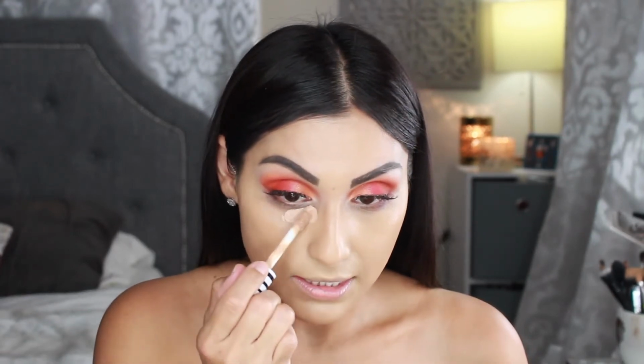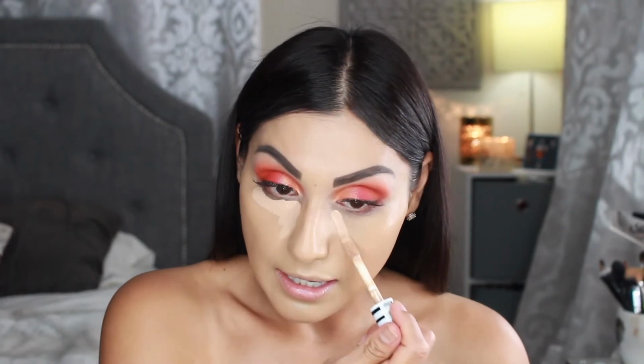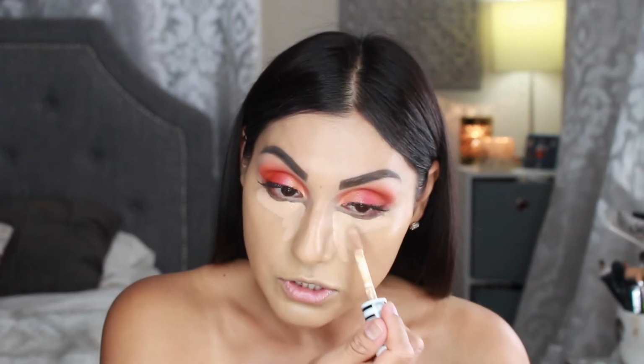Alright, so now I'm going to move on to concealer. I'm going to go in with this one from CoverGirl. I absolutely love this concealer, you guys. It's so good, and it has amazing coverage. I really love this, and a little bit goes a long way, but as you can see, I'm just going in with it